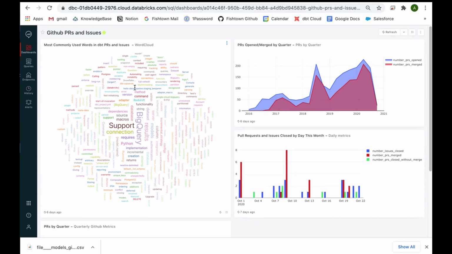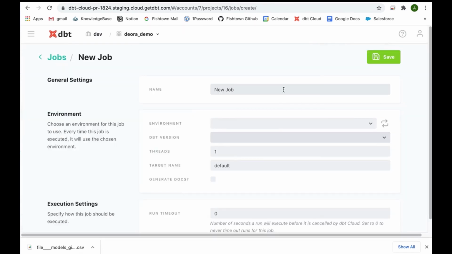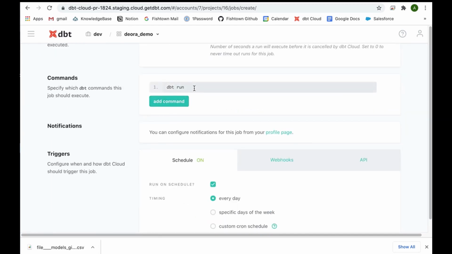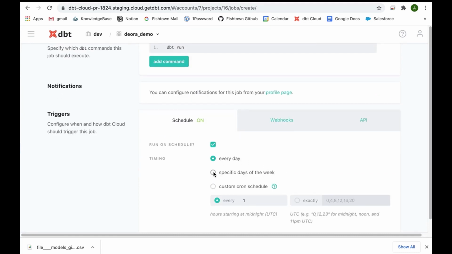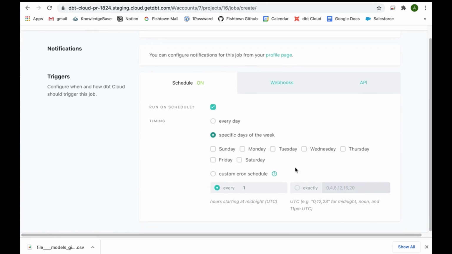So now that I have this end-to-end workflow, I want to automate it. I've already automated the Fivetran ingestion step, so that's running on a schedule. And once I'm happy with my dbt project, I can also schedule that to run as well. So I'm going to go back to dbt Cloud and do that. I can do that here by going to jobs. I can set up my new job, I can give it a name here, and I can use any dbt command that I need to run, and I can set that on a schedule. I can set it to run, for example, every Tuesday at 5 a.m., or on any schedule, which I can write in cron.